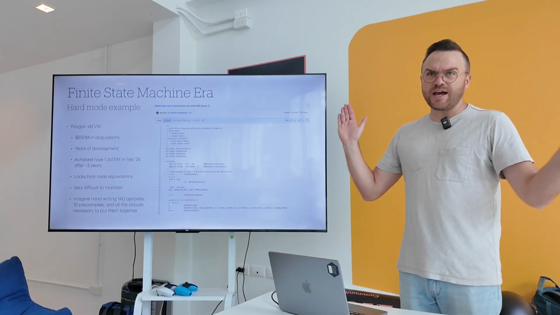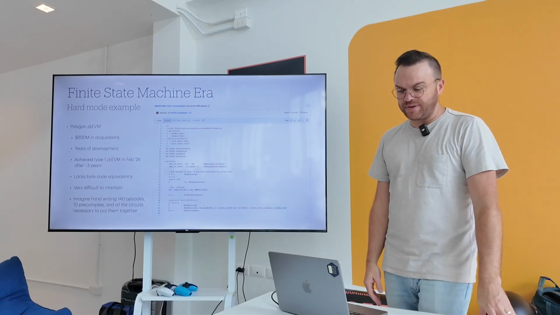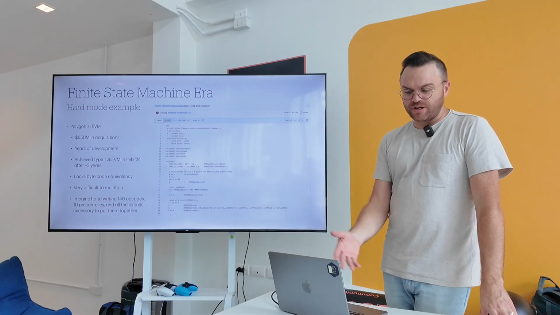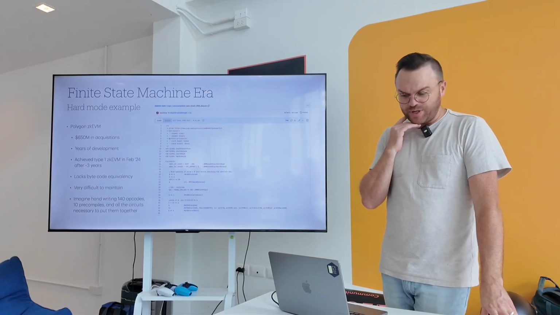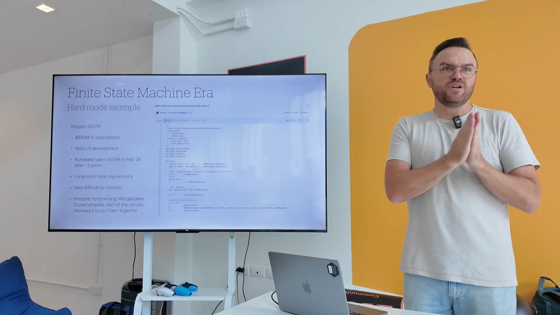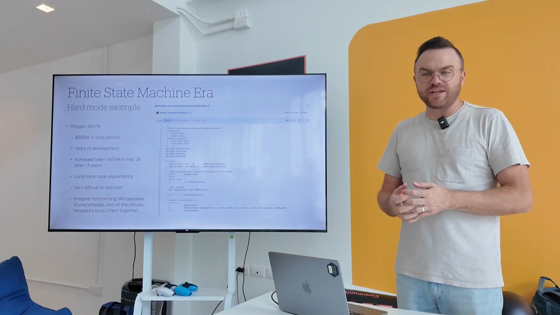So again, it's like time to develop. There's like 3 years to get a working Type 1 ZK EVM, and the EVM is not all that complicated. There's 140 something opcodes, 10 precompiles, and then you need a bunch of circuits to put all of that together. And so, just like 3 years of development and barely getting it working, costing hundreds